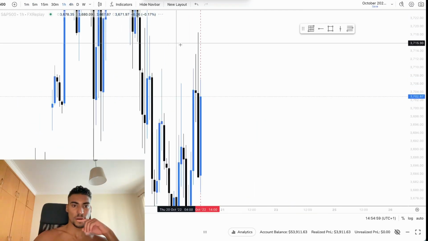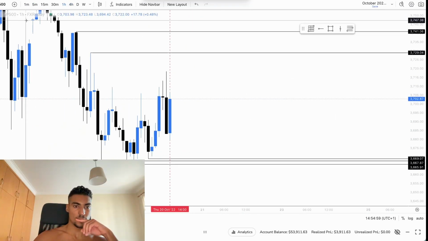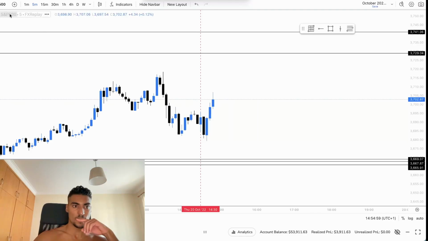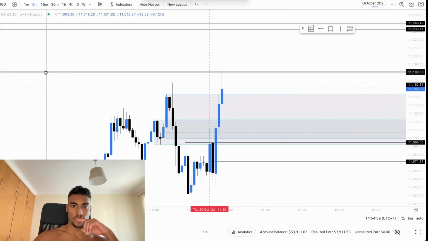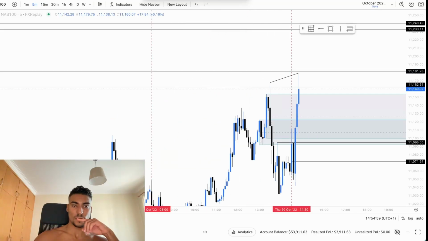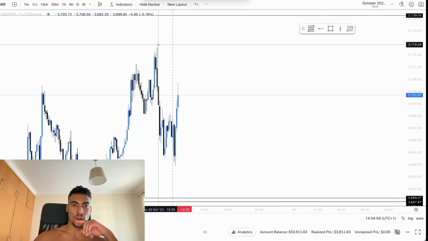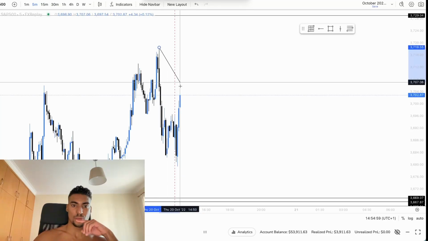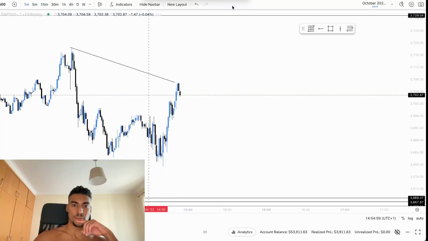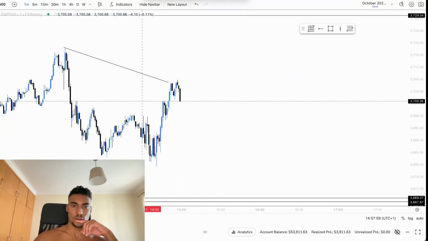Where are the 1 hour highs and 1 hour lows? What are we doing? Okay, so we are creating a mega bearish SMT, I think. Yeah, we are creating a mega bearish SMT on these highs right here, getting swept on Nasdaq and not on the S&P. We are way down there. So I'm actually willing to trade on the S&P, just because of the SMT nature.